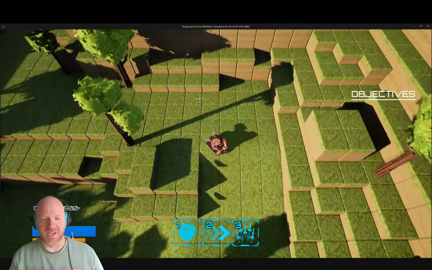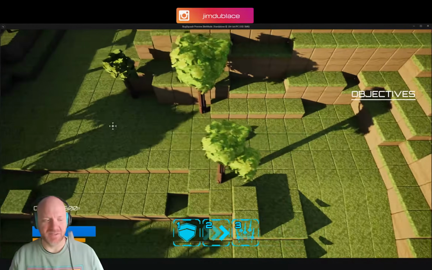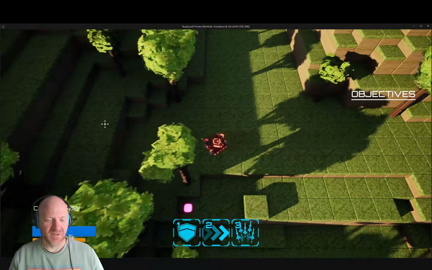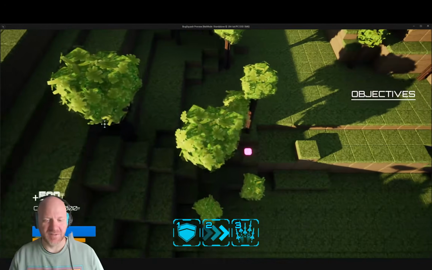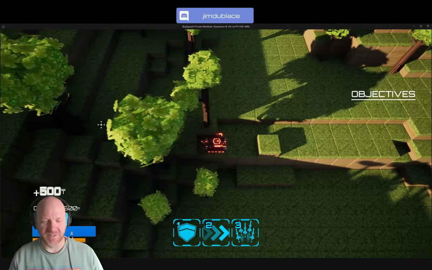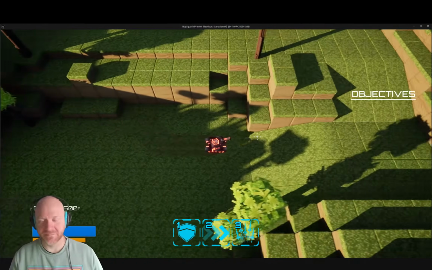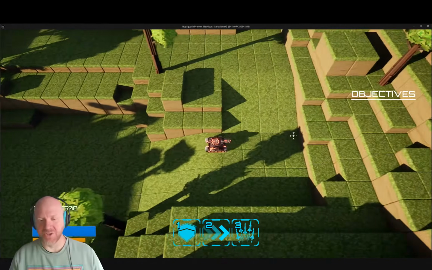Alright, so you're getting attacked by these bugs. You got to get the mushrooms. This one you got to jump down to get, but guess what? Tanks can't jump. So now you got to go back up. So the idea is you can